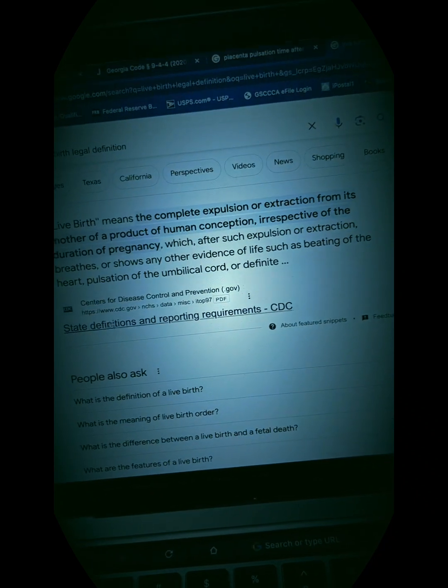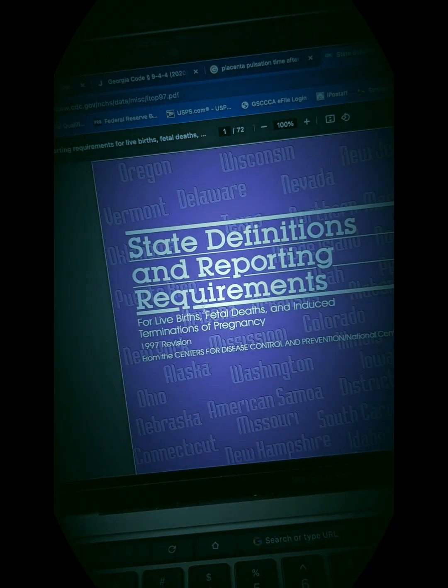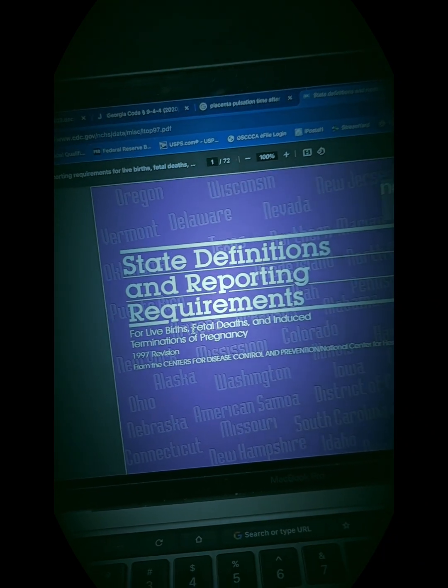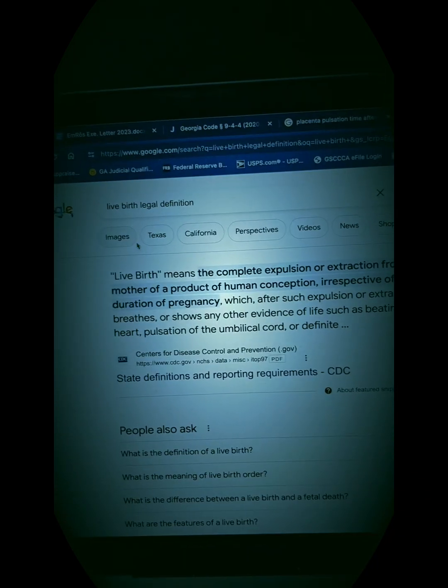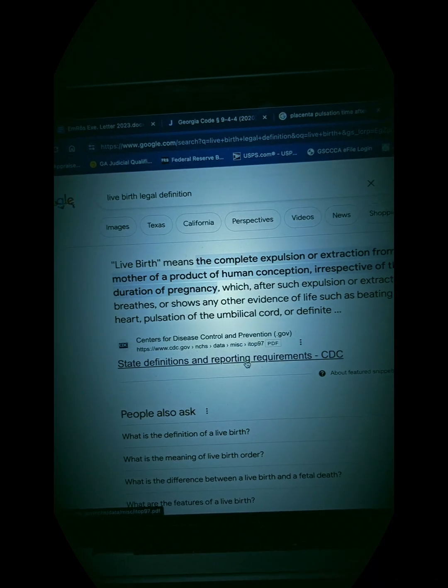Let me click on this so I can get the whole thing, because I don't like getting interrupted. As y'all see, I'm in the website. Y'all can find this easily. All you gotta do is type, what did I type? As you see right there, live birth definition. You can find this. Click on it yourself. And you can go down to the blue hyperlinks, type in your state, and then scroll on up. See your definition right here.